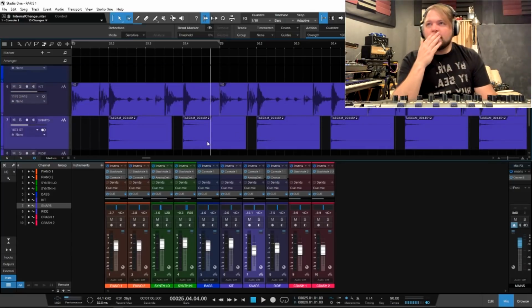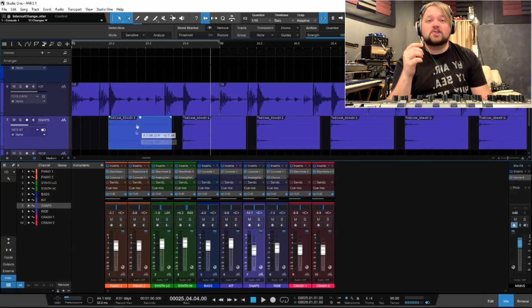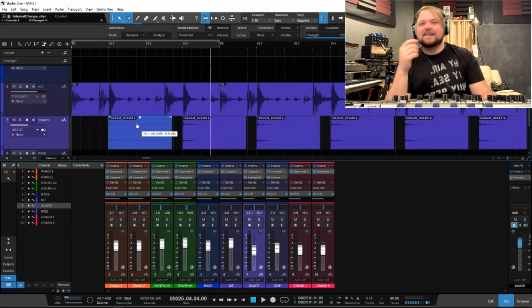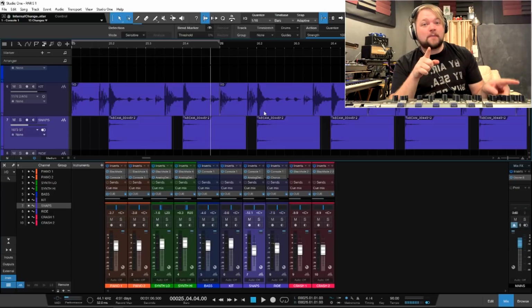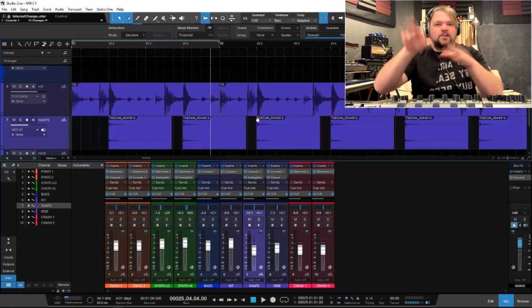The other hugely critical feature that I use constantly is region gain. This is a game changer. Terrible pun. This is a game changer for me as a mixing engineer, because instead of having to sit there and automate, I can just chop something into discrete regions and then adjust the gain there,